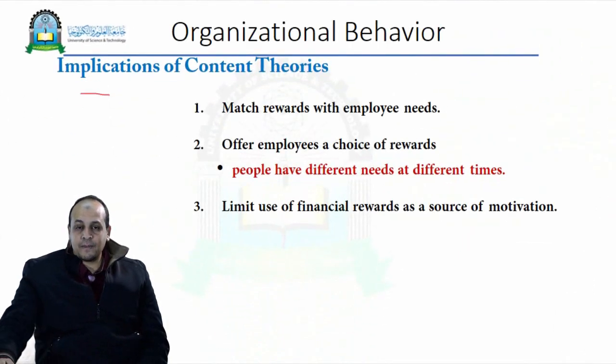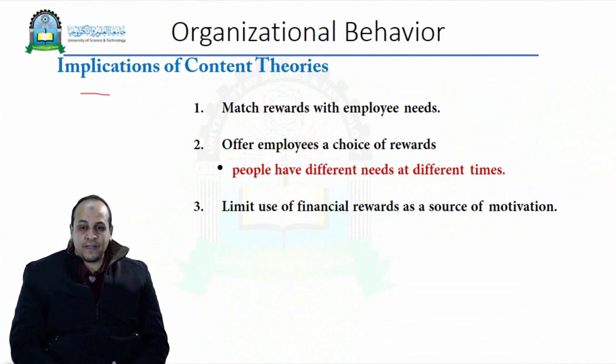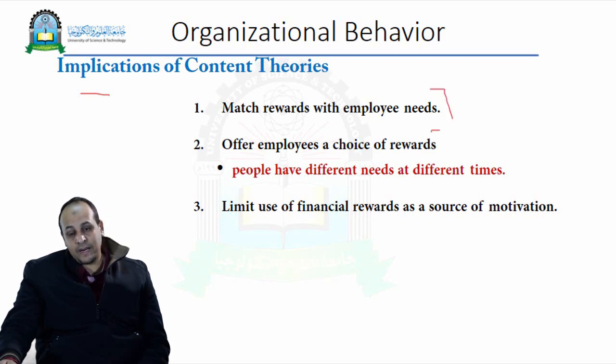However, we have some kind of implications. Each theory has some problems. For example, these theories only talk about motivation, so they match rewards with employee needs. This may not be all the time correct. So offer employees a choice of reward. People have different needs at different times. For example,